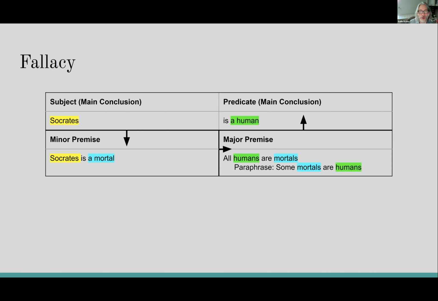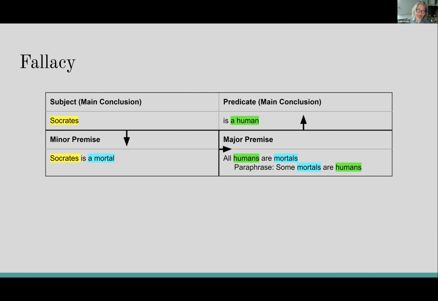But look at the problem we get into when we try to justify the argument in the other forms. If I wanted to prove that Socrates is a human, I have to start with the minor premise that Socrates is a mortal. So far, so good. Mortal is probably going to be my middle term then. But then when we get to the major premise, we have a problem because it's all humans are mortals. Notice that the sentence, if we think of it as a conditional statement, it's pointing the wrong way. It's starting from the predicate and connecting it back to the minor premise instead of following the direction of the arrows as I've laid them out here.